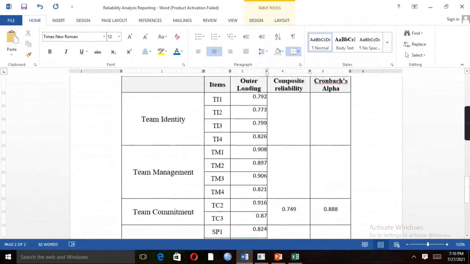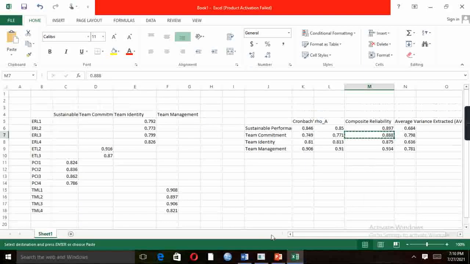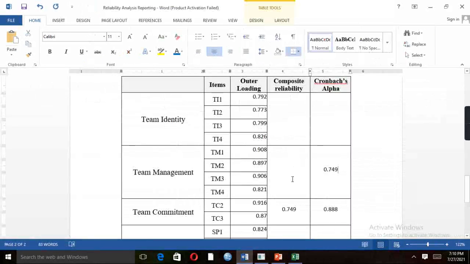So this is Cronbach's alpha, and here we have composite reliability.